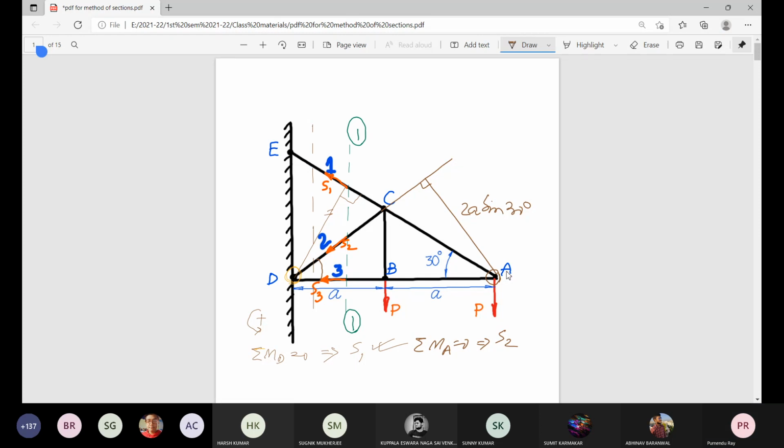Is it okay? No, sir. Sir, the angle will be the whole, the 30 degree plus this one. I am talking about this angle. The right angle triangle has one corner here, another corner at A, other at D. This is the base angle, and conventionally this is the base side. Okay, sir, I was considering that angle. Sorry, sir. This is the hypotenuse, AD.